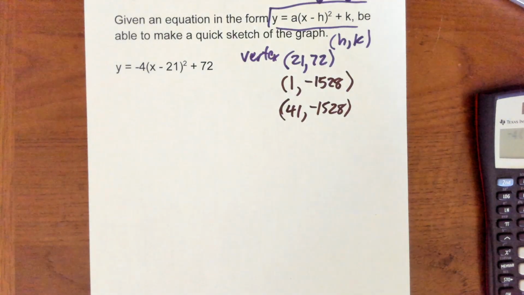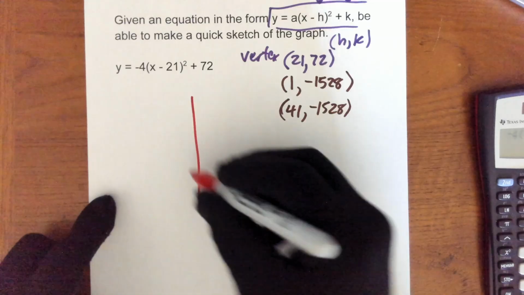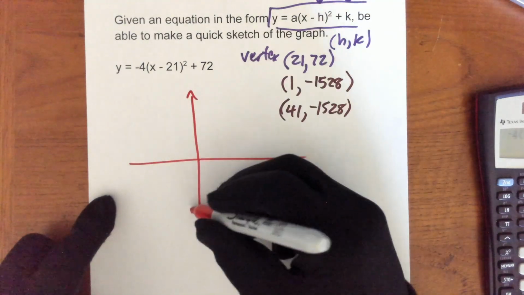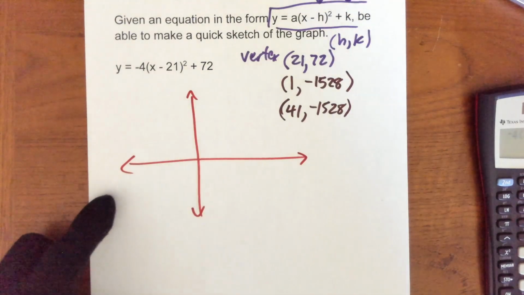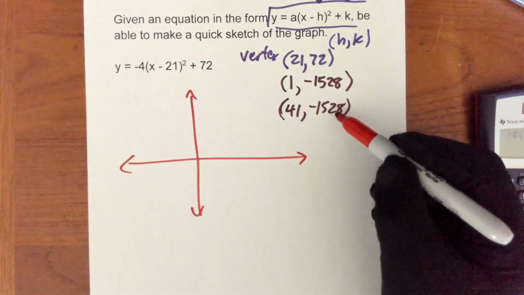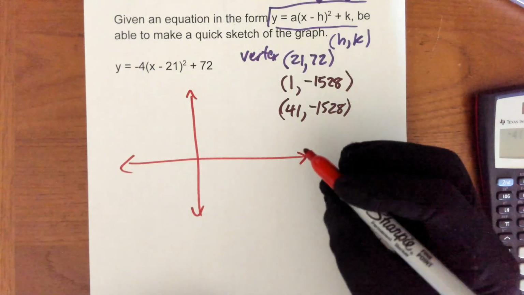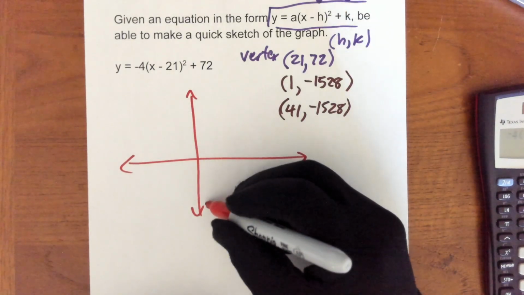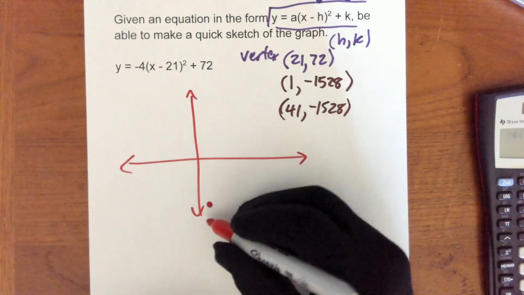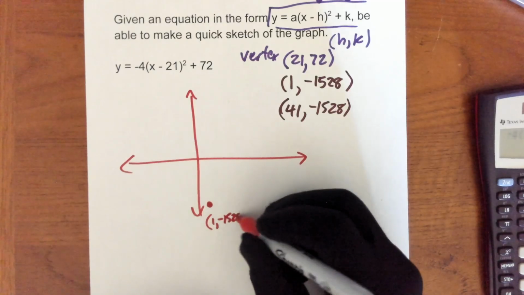And then a quick sketch. Quick sketch, I mean exactly that. You're making a very quick sketch. So this is my y-axis and my x-axis. Now we need to be able to get far down into negative y territory. So let's say this is 1, negative 1528,